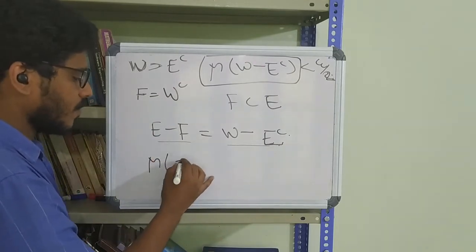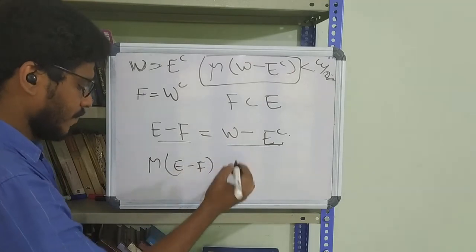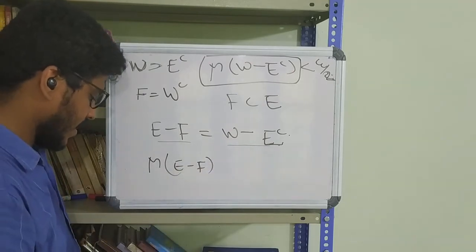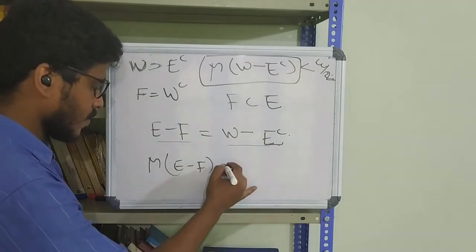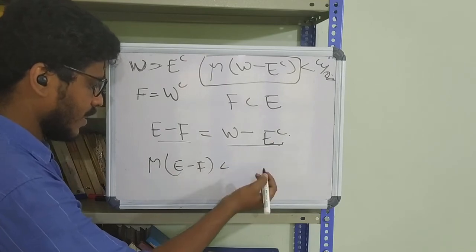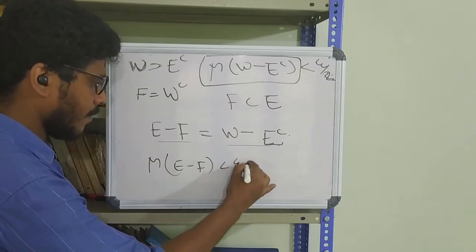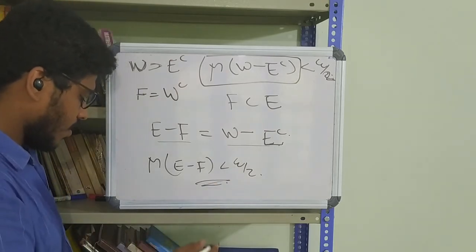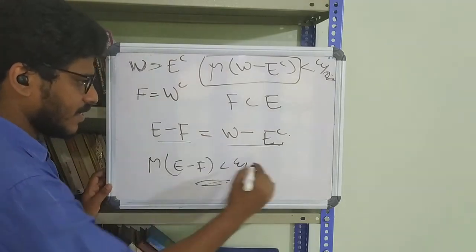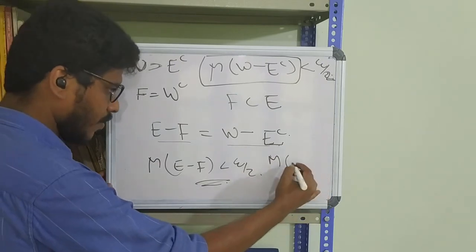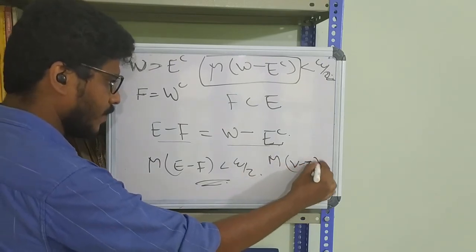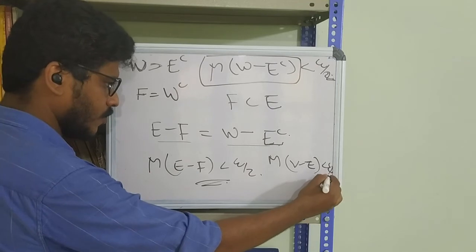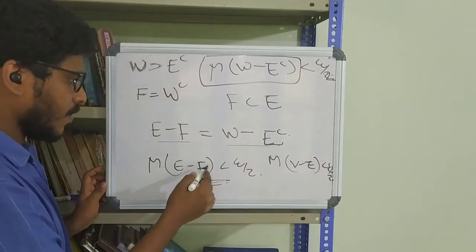So measure of E minus F is less than epsilon by 2, right? So we had open sets V such that measure of V minus E is less than epsilon by 2, and now we have